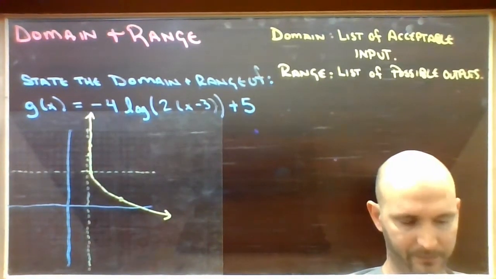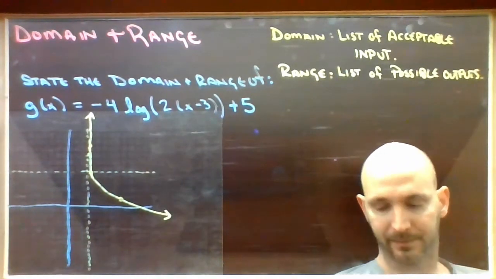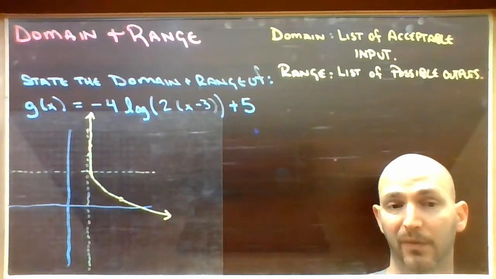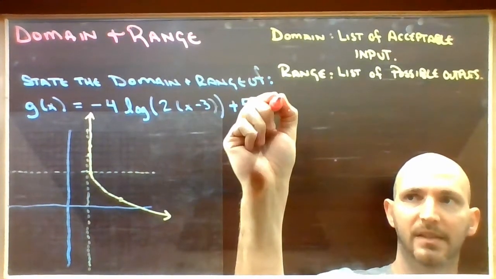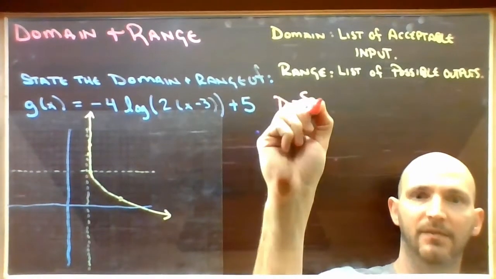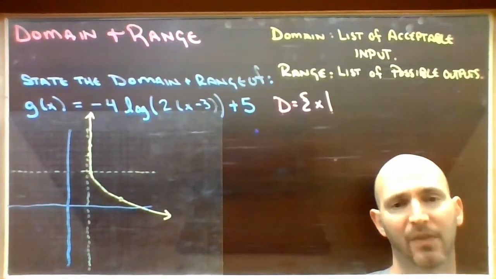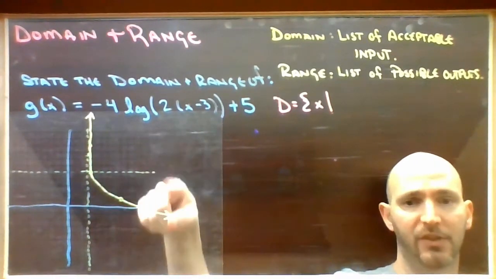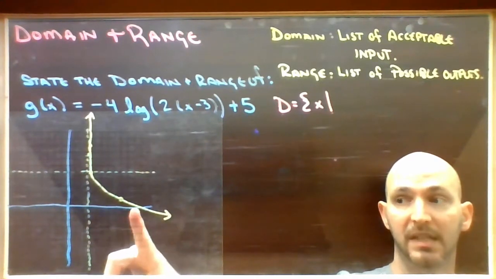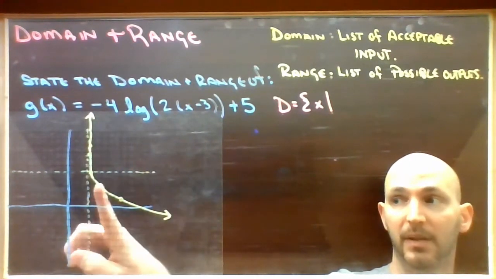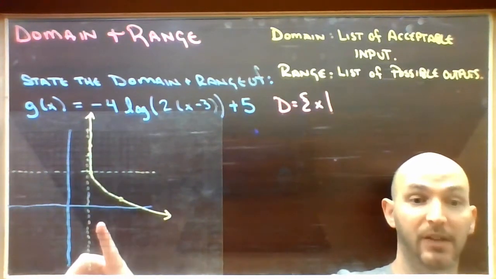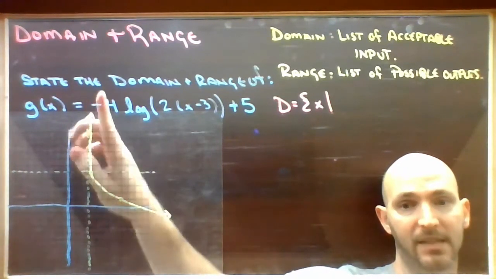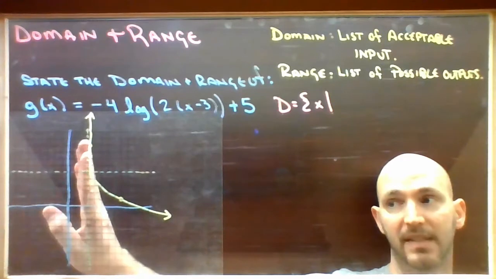All right. It's that nice vertical asymptote there. So if I were to try and write down the domain statement for this, you get the front part for free, so you don't really have to think about it. It's always the domain is a set of x's such that, then I have to think about the conditions. So if I look at the x's here, do you notice that the function is fine? Like it's over here, it's minding its own business, it's being a function, doing function things. But as soon as I hit this dotted green line here, my translated y-axis, it doesn't exist anymore. Once it hit this vertical asymptote, it stopped being a function. It doesn't exist